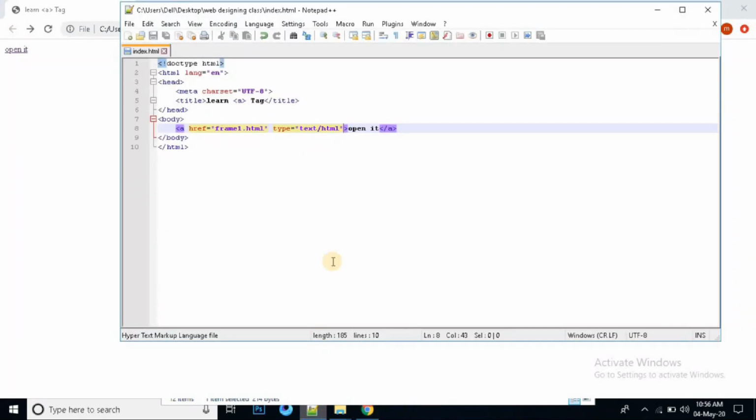Save it, refresh it, and it is okay. We can also specify text/css, application/rtf, and application/xml for XML format. Now we will cut it.